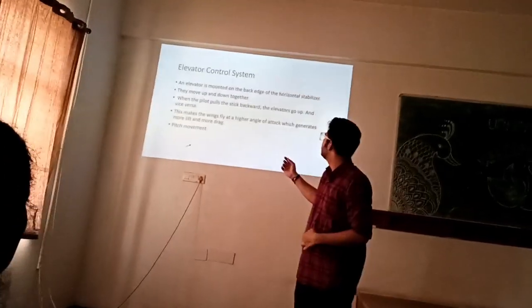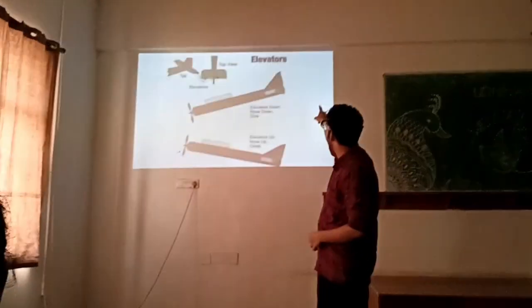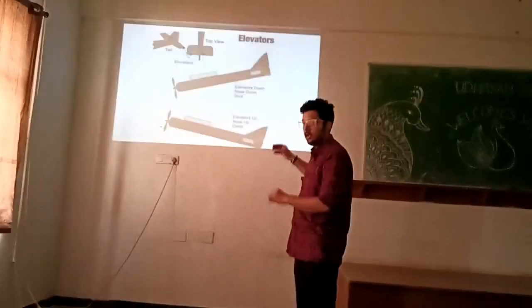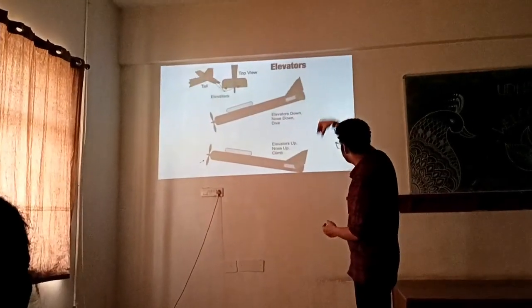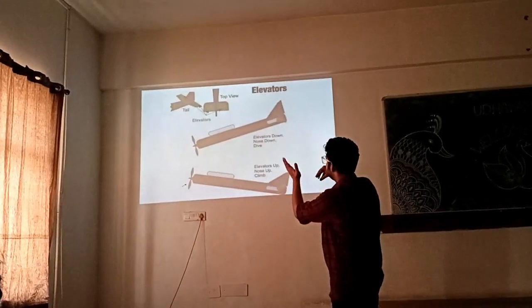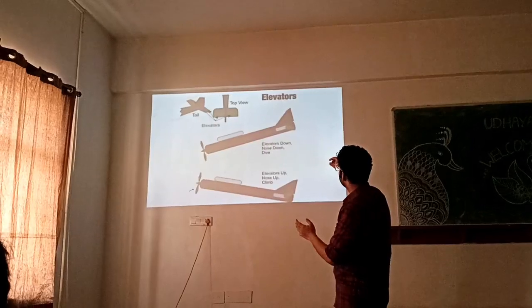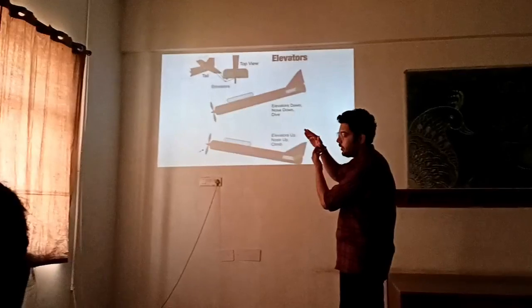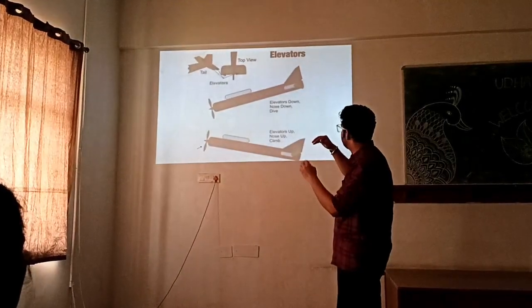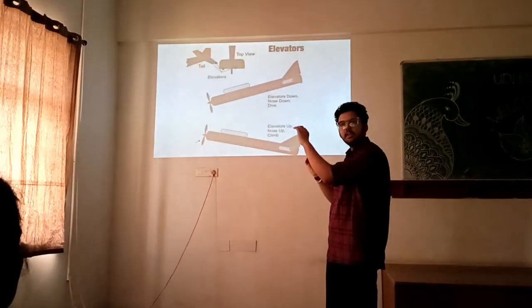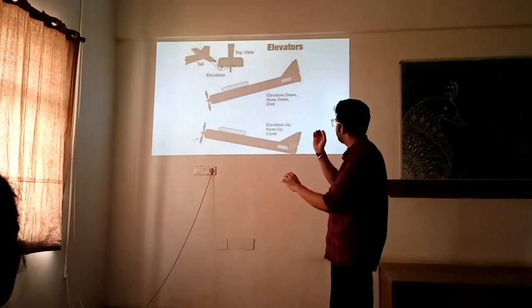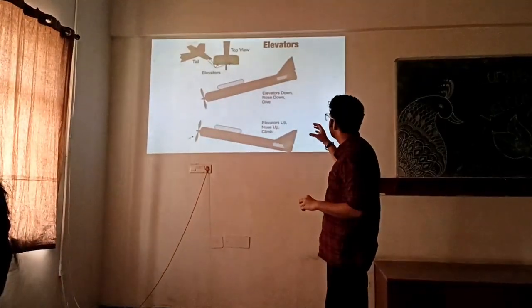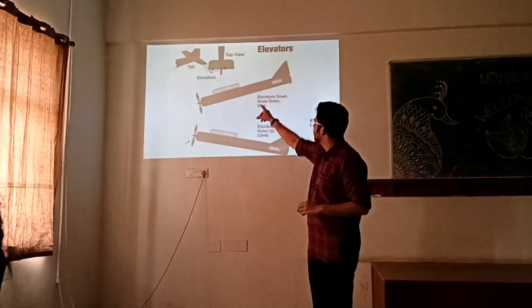Next, please. Here you can see the elevators. The air pressure will make the elevator move down, and the nose will move up. And in the upper one you can see that the elevator is down. The elevator being down means that the air will push here and create a pressure. It is just like Newton's third law, equal and opposite motion, like this or like this. The same you can see here in the top view and bottom view.